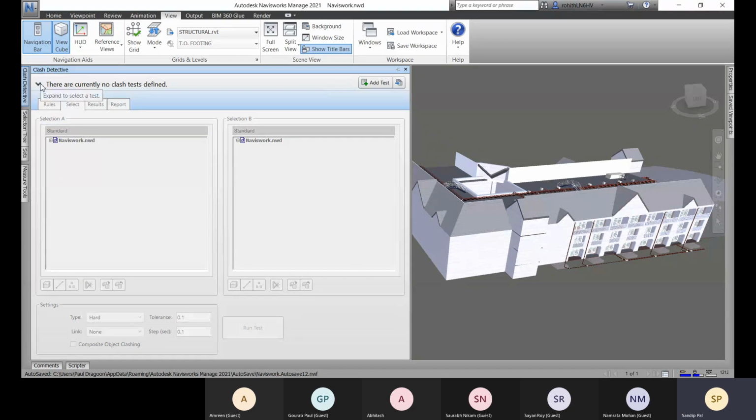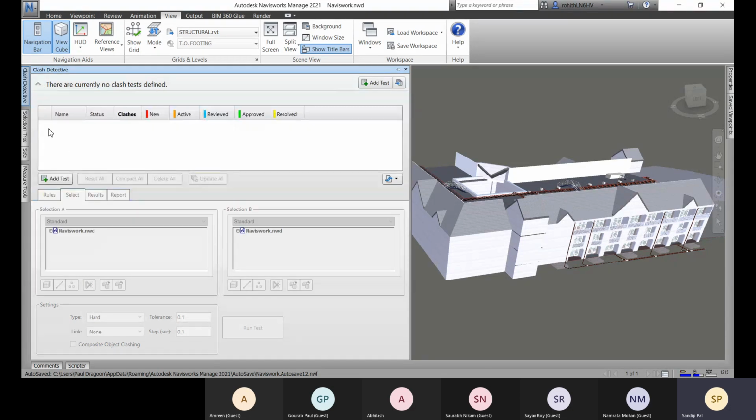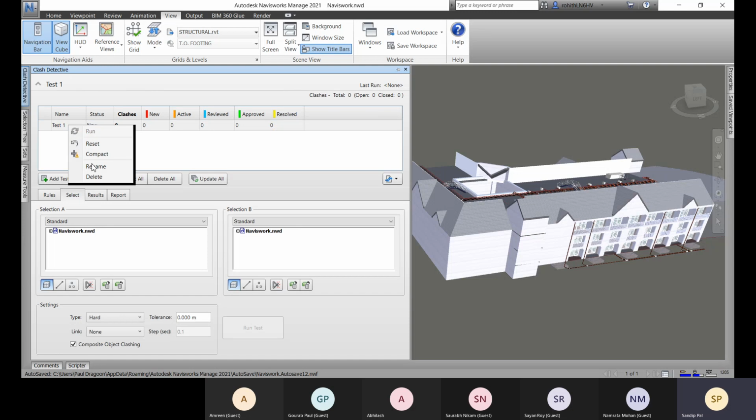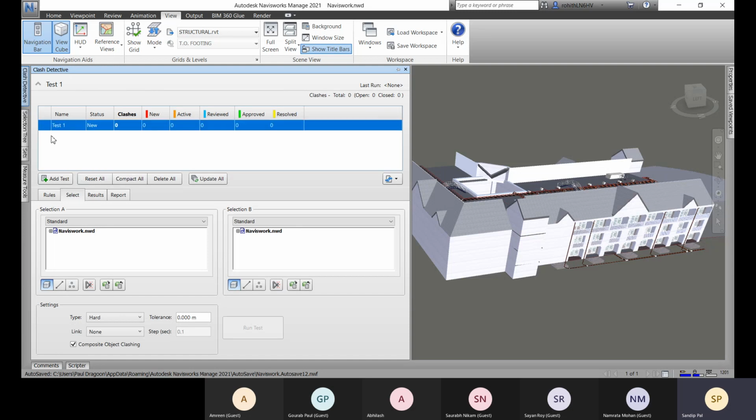Here you can see that nothing is added right now, and from here you can click on this Add Test option. So now with this name, one test will be created. We haven't assigned anything yet, just the name has been created. The test has been created. Now you can right click on it, and you can rename.